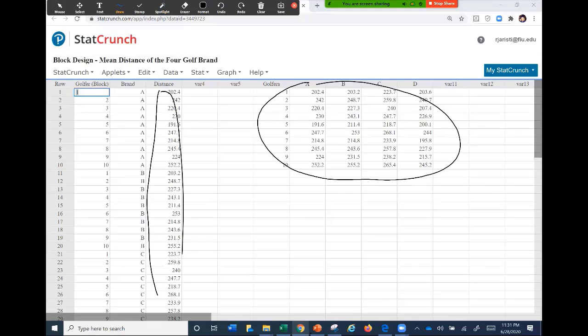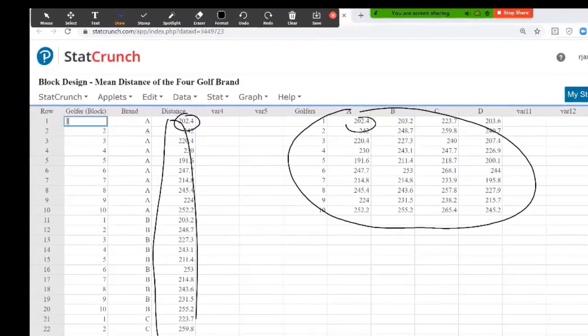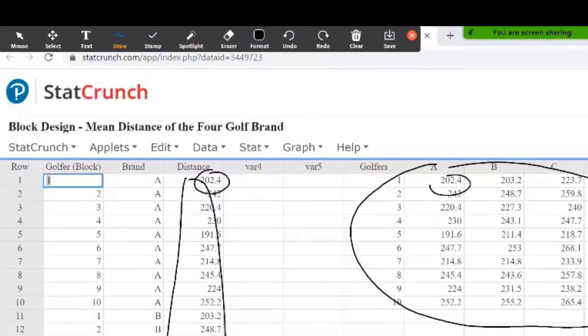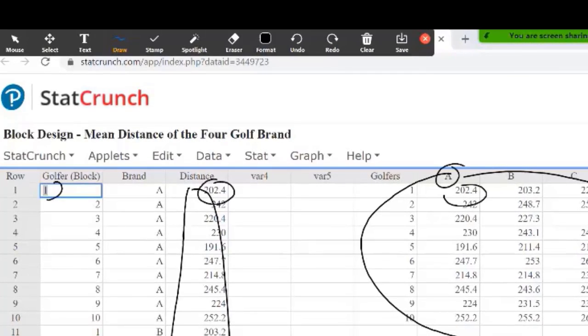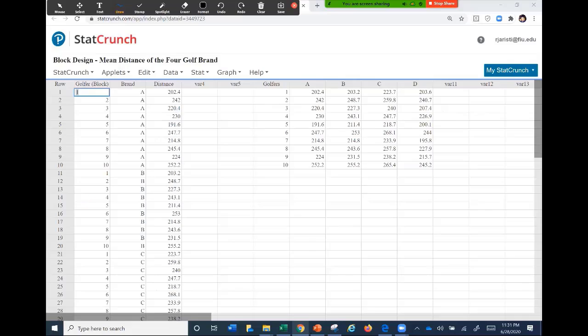Then we need to arrange this data using only one column. For example, for this value 202.4, we need to specify that it corresponds to golfer number 1 and brand A. It is very important to organize the data in this way, because with this software in Stat,